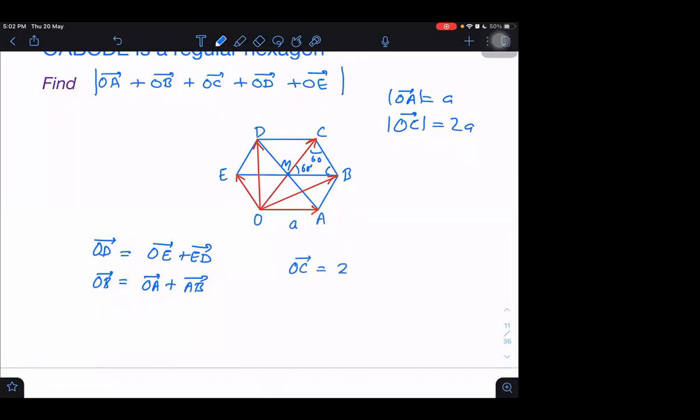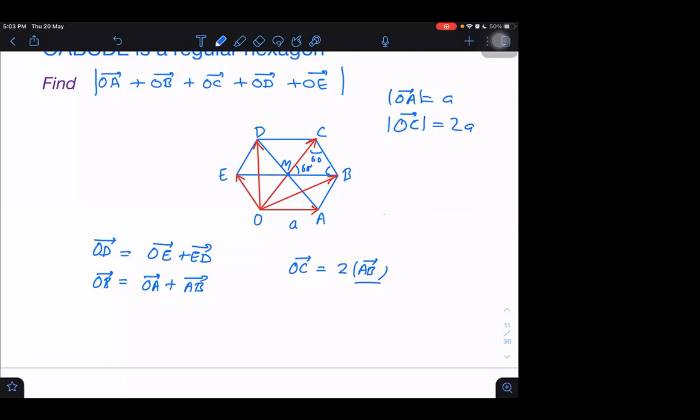And after that, OC I can write as 2 times AB. 2 into A, sir. Not 2 into A, that will be wrong. Which A, this A or this A? 2 into AB is important, because I could write 2A as 2 into OA. If I write 2 into OA, would that be OC? No, sir, completely wrong, sir. So we have to write with proper direction. Direction means I have to write AB. Okay, fine. Now, I think I have already represented all these in terms of the sides.